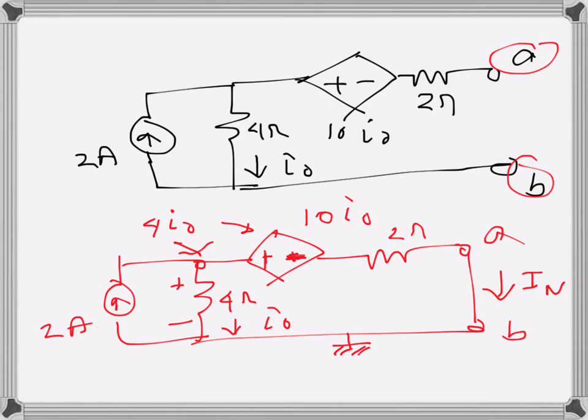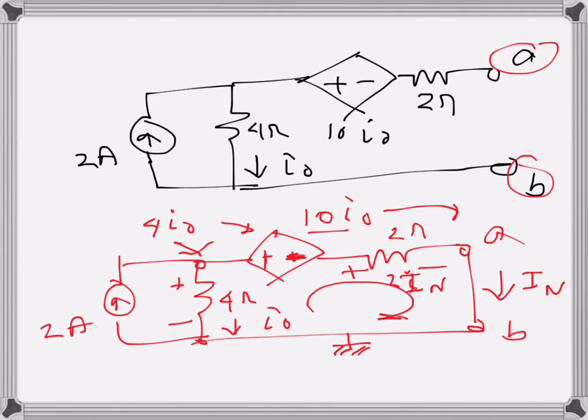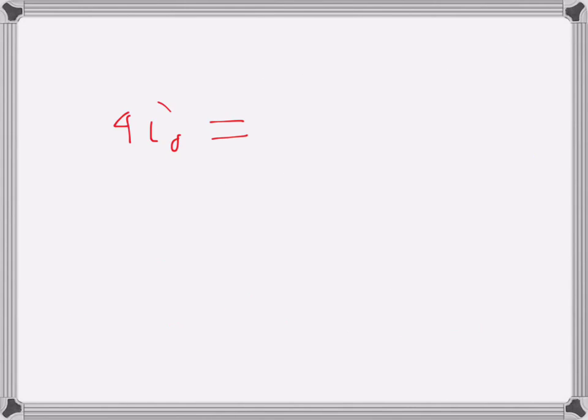So if I write IN, which is I Norton, that is the current through this 2 ohms resistance, so let's say we write KVL in this loop. So this voltage drop will be 2 IN, I Norton. So if I start from here and go in the clockwise direction, I have a rise of 4 I naught. So instead of writing I naught, I will write 4 I naught is the rise, and then I have drops 10 I naught and 2 IN. So 10 I naught